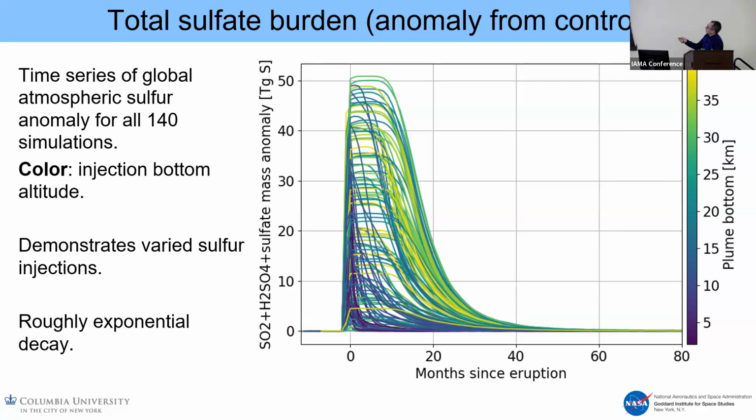There is also an interesting feature that there are some eruptions that show this flattening at the beginning, which shows that the eruptions happen in a place where it's kind of dark, maybe near the pole that is in winter, and then the chemistry kicks in much later. So I'm not going to discuss this, but I just wanted to highlight it. And then essentially you see a separation here between the different altitudes of the injection.